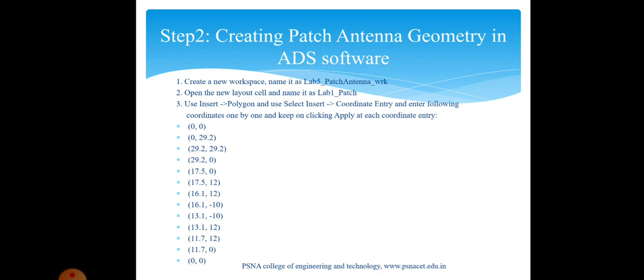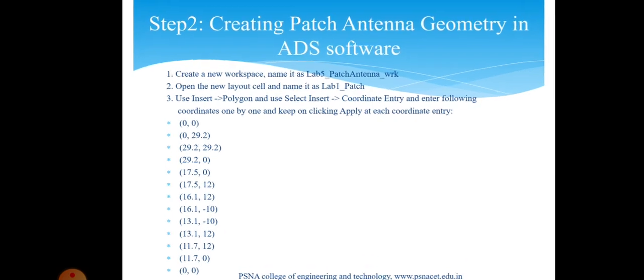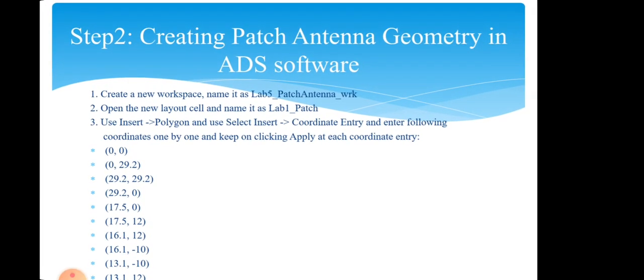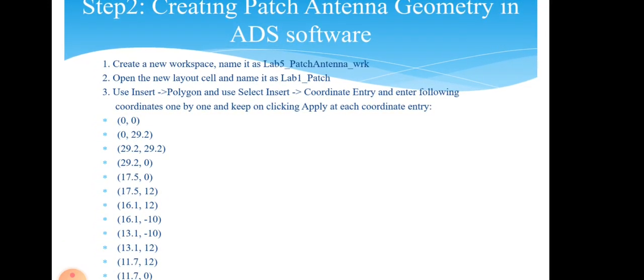So how do we create this patch antenna geometry in a particular tool, maybe the CST tool? Here I have chosen the ADS software. In the ADS software, we have to select a new workspace. A sample workspace is chosen, and we go to the layout window for momentum realization. You have to give a name for the file, and we insert a polygon, or we can draw rectangles and merge them.